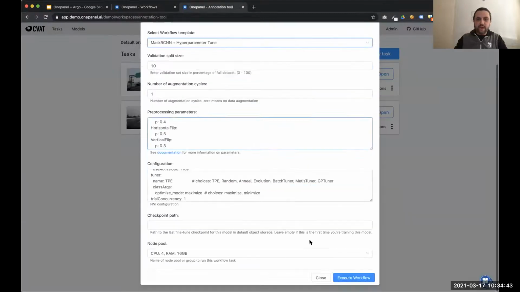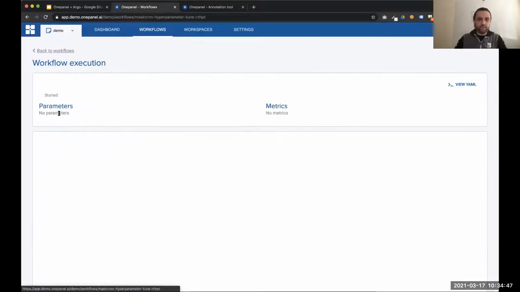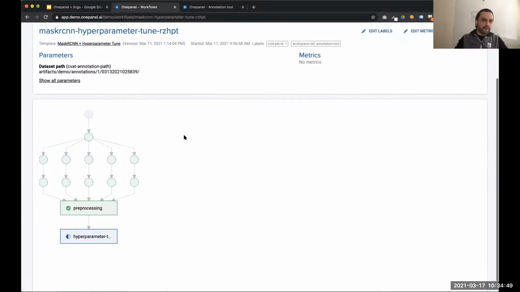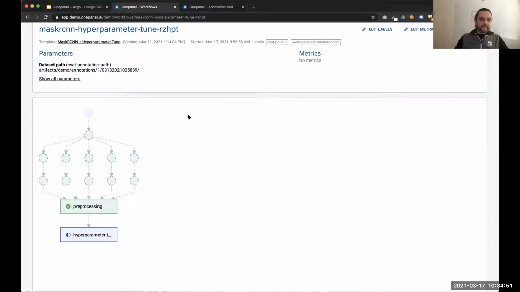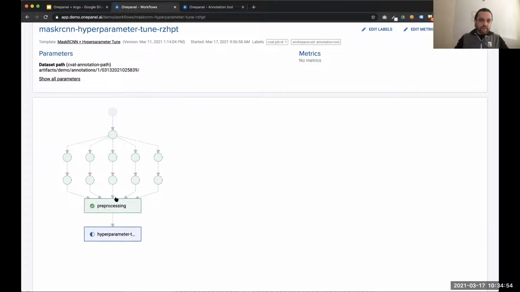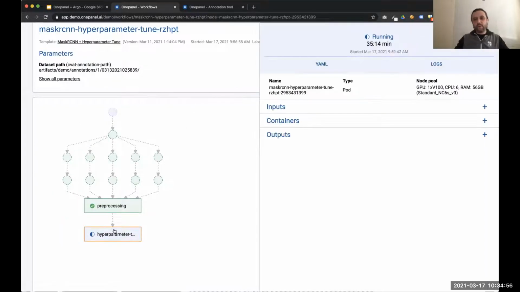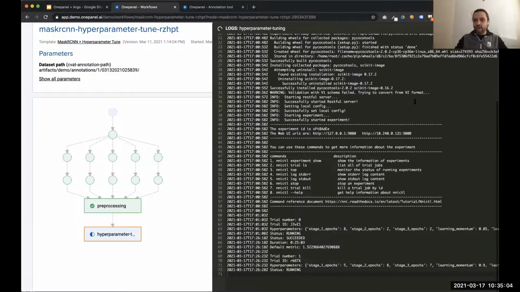So if you execute this workflow, it's going to take a little bit. So I've actually pre-launched one for you so we can take a look at it together. As I mentioned earlier, you have the pre-processing and hyperparameter tuning. What's really interesting about this hyperparameter tuning, or this particular task, is obviously you have the logs as you would get those with Argo,